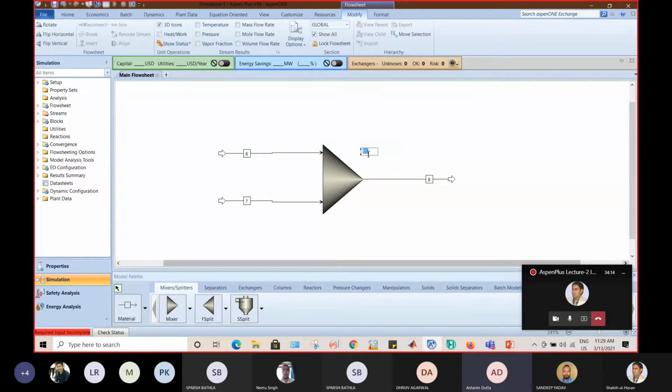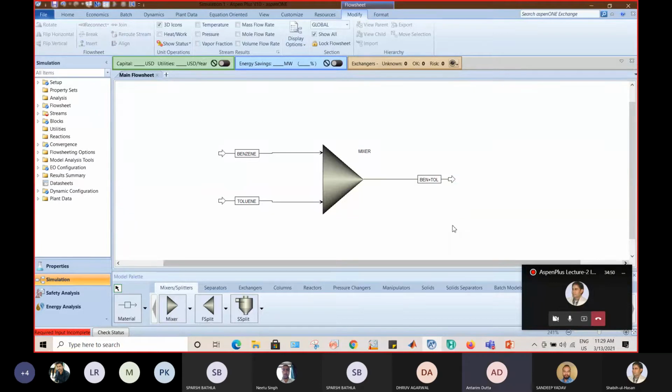Okay, so here it is written B5. I can rename it as mixer by making a double click on that. I can rename my streams as well. So you can see it is mentioned 6. I will be writing over here benzene, since I have only 2 components with me, and I'm interested in mixing those 2 components and raising one desired output. Okay, so now the second is your toluene. So I have toluene with me, and this is my 8th stream, and I can rename it as benzene plus toluene, whatever you want to rename it as.